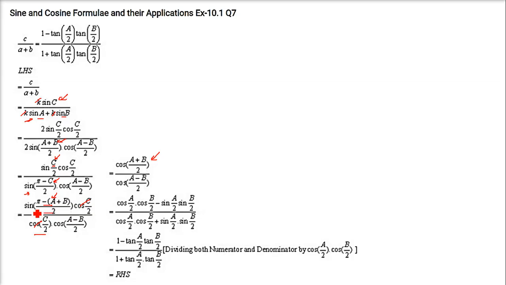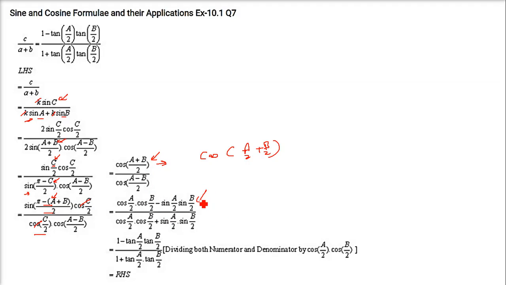In the numerator, you have cos a plus b by 2, and in the denominator you will have cos a minus b by 2. Now this can be opened as cos a by 2 plus b by 2. So cos x plus y. So cos a cos b minus sin a sin b. Here also cos a cos b plus sin a sin b. This is the formula we have used.